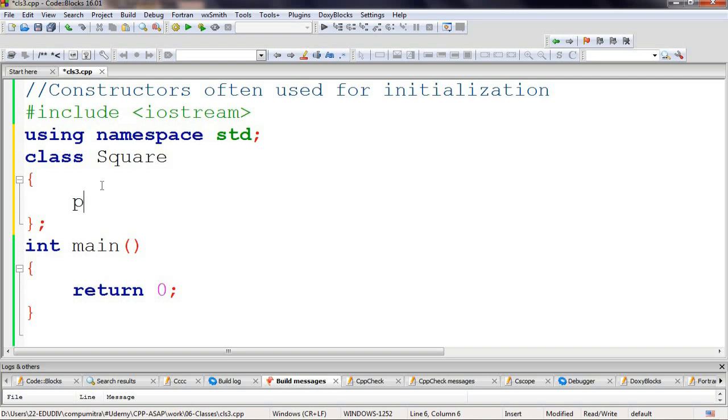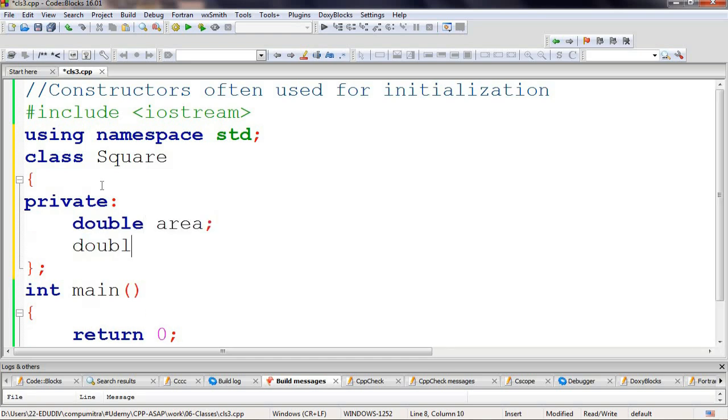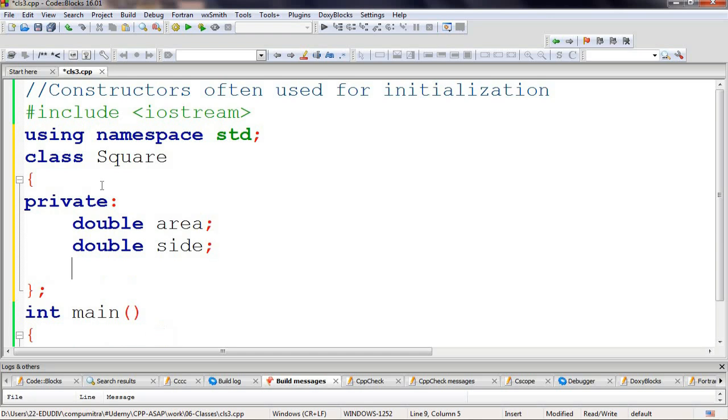Okay, and there is a private variable which is about its area and about its side. Side into side will be area, but we are using these variables within the class, so that's why they are private. And we will also use public things, and here